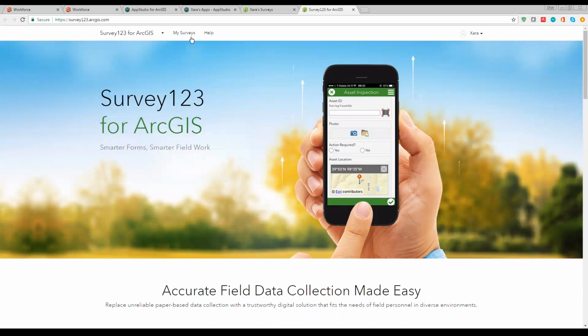So what I would like to do is have a look at my existing surveys. Now let me present the scenario at hand. Let's say I work for a waste management company and my main function is to oversee the bins' status at Ubi Avenue 4, where Esri Singapore's head office is located.